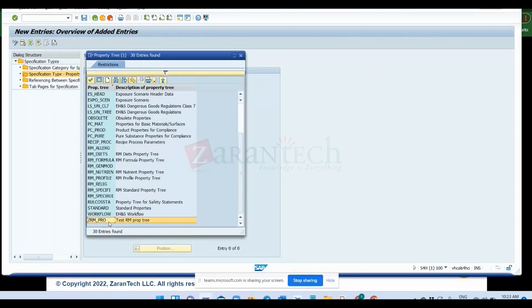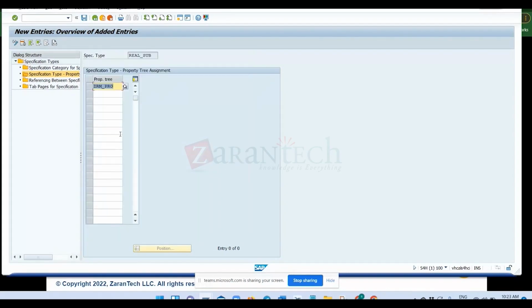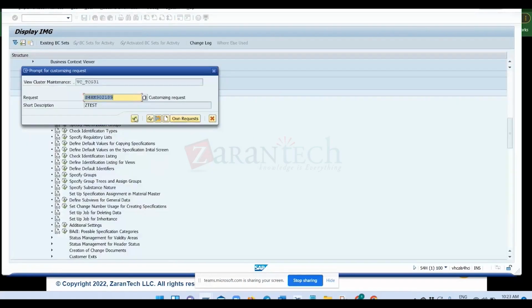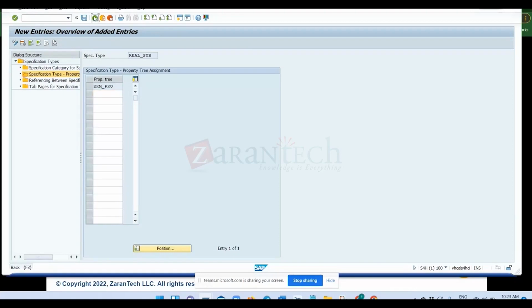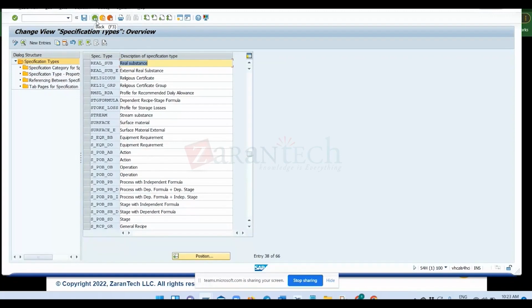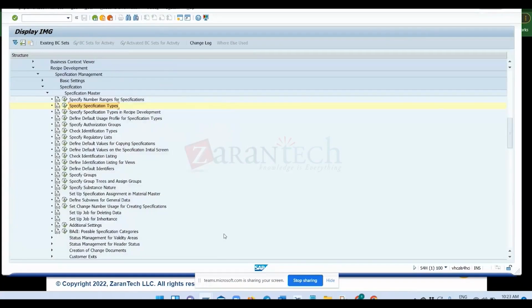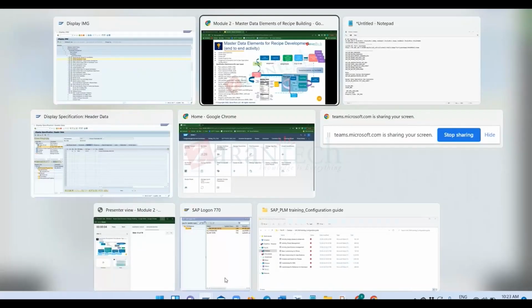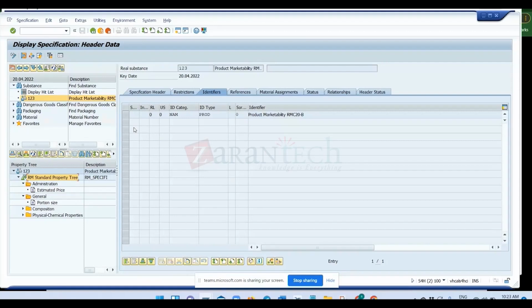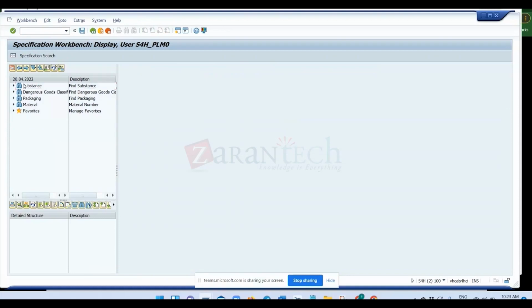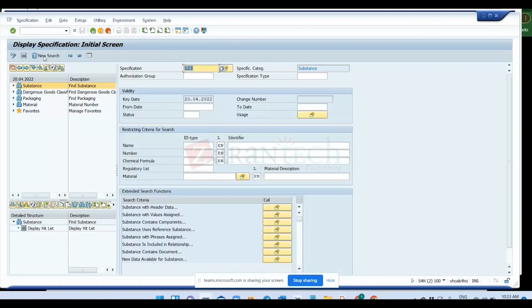So you can see here ZRM test RM property tree we have created, it is displaying, and then we can save this, so that whenever we create a specification, we can see that property tree which we have created, it will be displayed there. Okay, so I will show you now. When you create a specification, you will find the property tree there. You create a specification,